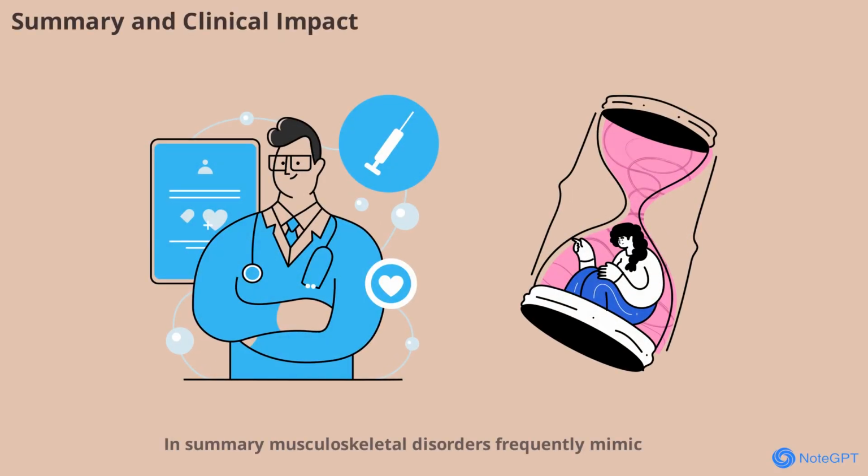Summary: musculoskeletal disorders frequently mimic or coexist with lumbosacral radiculopathy, making careful evaluation essential. Recognizing these mimics not only prevents unnecessary tests and procedures, but also improves patient satisfaction and outcomes. By understanding the distinguishing features of common mimics, such as hip osteoarthritis, trochanteric pain syndrome, and hamstring injuries, clinicians can